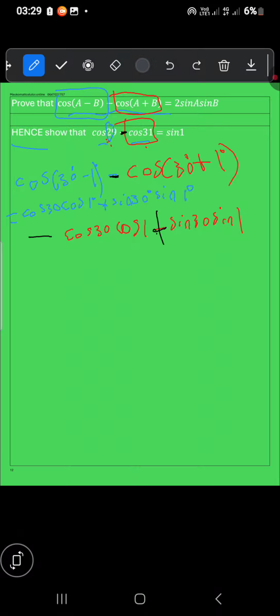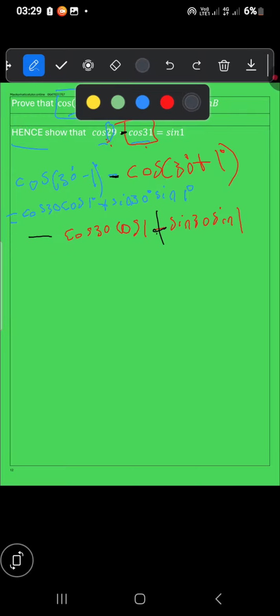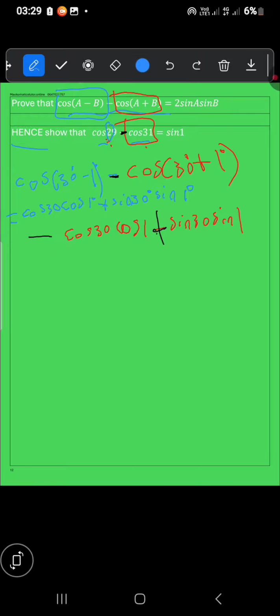Now we realize that this and this subtract each other: cos 30 cos 1 degrees minus cos 30 cos 1 degrees. We are left with